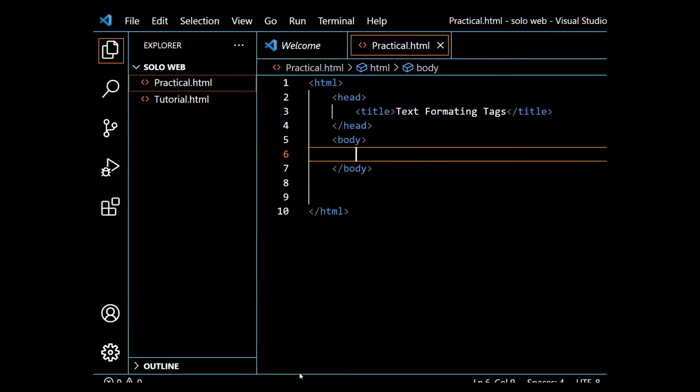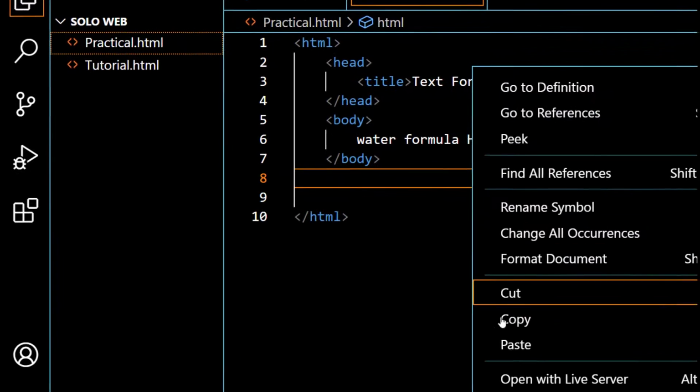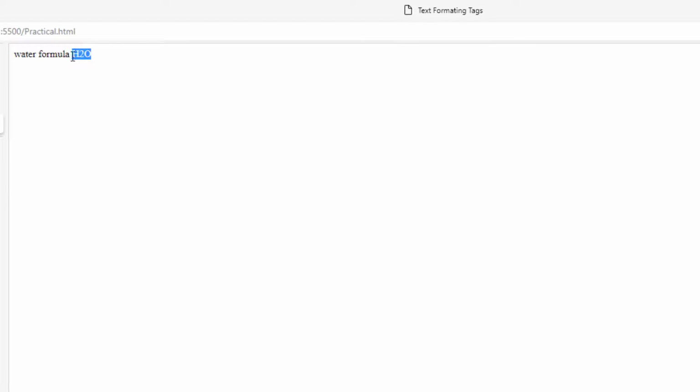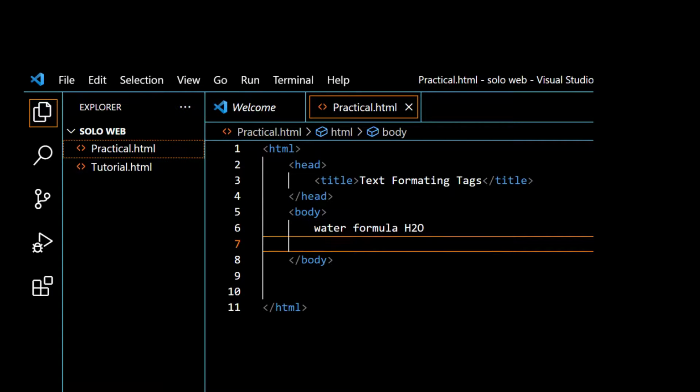Let's implement practically. Here we want to write a chemical formula of water. For example, if we write H2O, let's see how it will look. You can see H2O, it doesn't work. We need to write in a special way, like